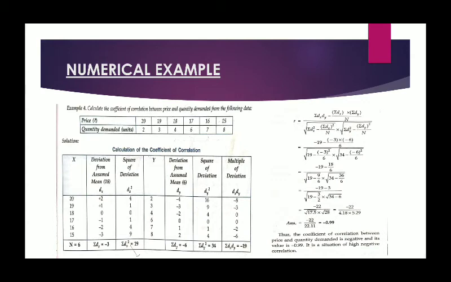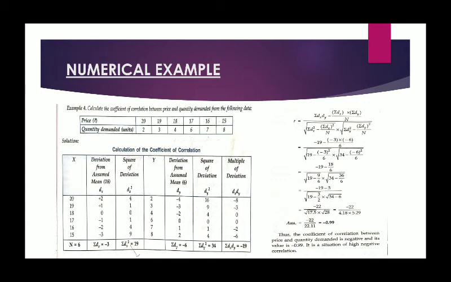So we will calculate the deviation like 20 minus 18, 19 minus 18, 18 minus 18, 17 minus 18 in that way to get dx, and then the square of dx values. Then the deviation of y from the assumed mean and the square of the deviation values. And the last one is again the same, dx and dy. So simply in place of direct deviations, we are doing the deviations in terms of the assumed mean. That is the only difference. Here also in the same way you get the last row as the sum values; for each and every column you will do the summation and get the corresponding values.